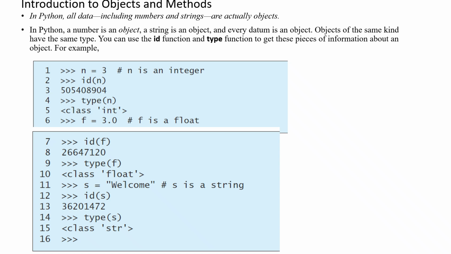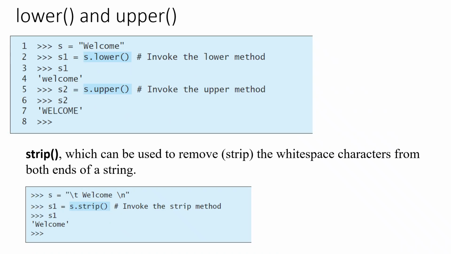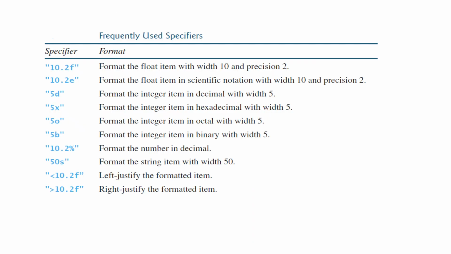For example, n is equal to 3, n is an integer, id of n will return the id of the particular integer. type of n will return the class int. Similarly for the string also. lower and upper: the lower function is used to convert the given string into lower case. Upper is used to convert into upper case. Frequently used